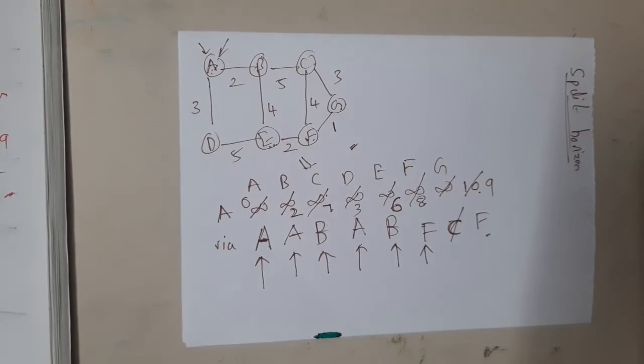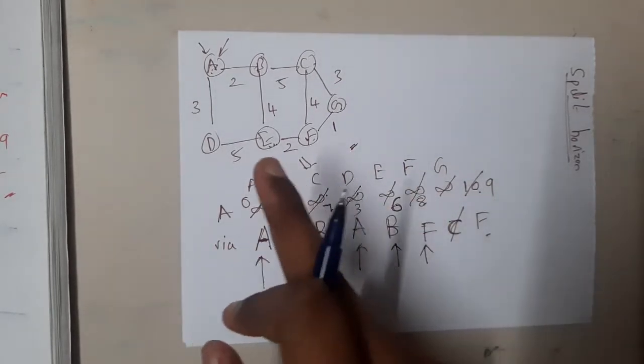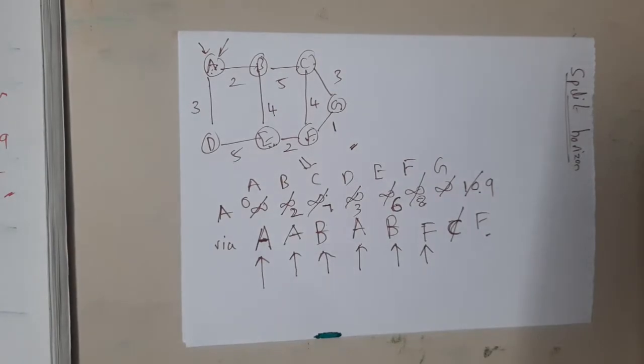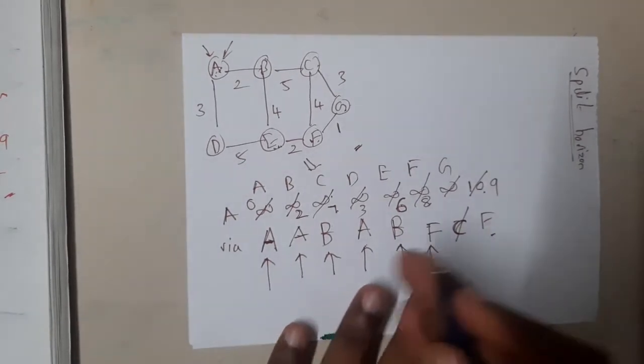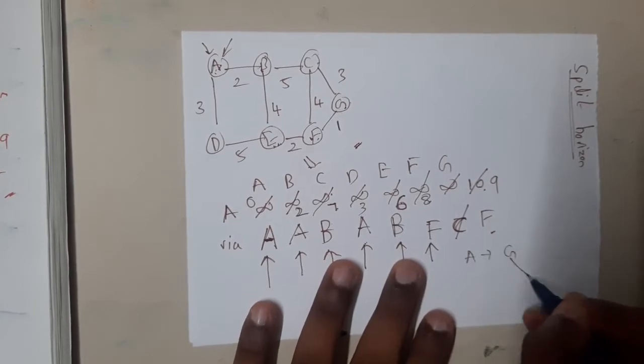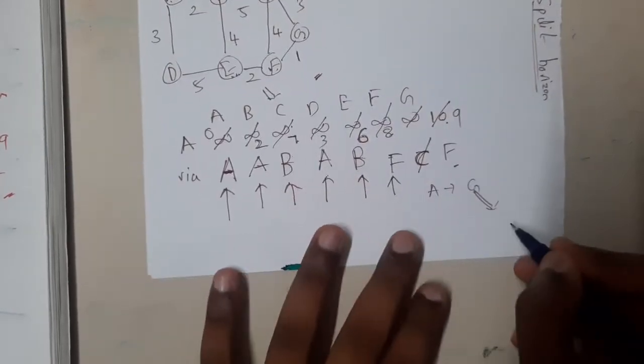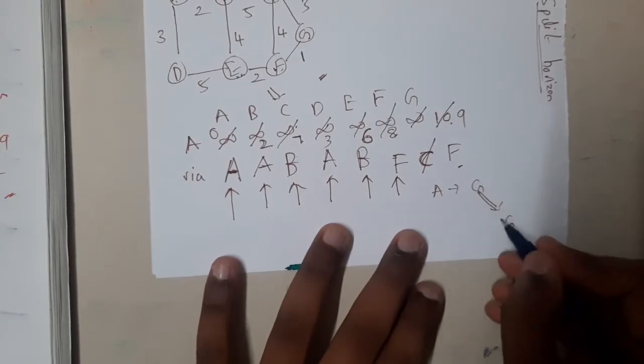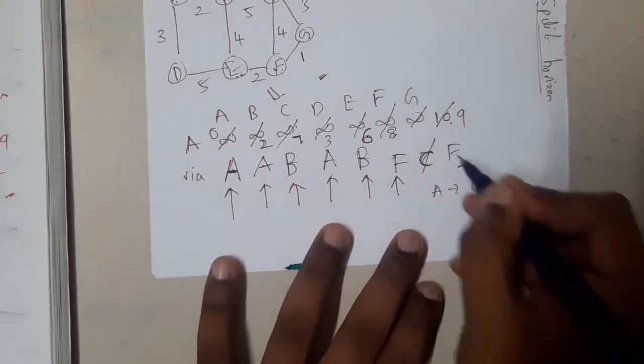Yes. Now if I ask you, I want to go to G, guys, assume it that way. How can I go? The best approach for this is the reverse approach, guys. I want to go from A to G, right? So first write the G value on the rightmost side. So G. To G, how can I go? With the help of F I will go.